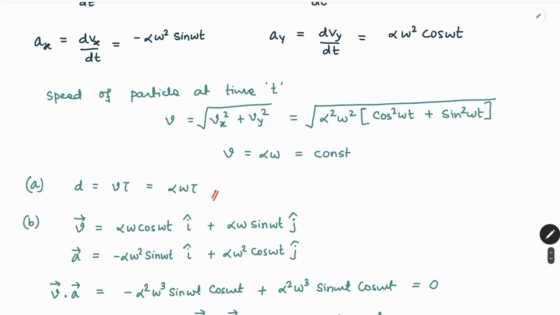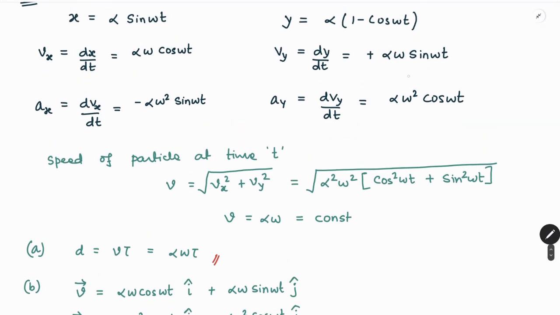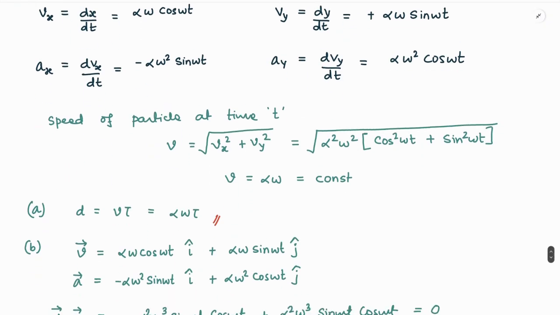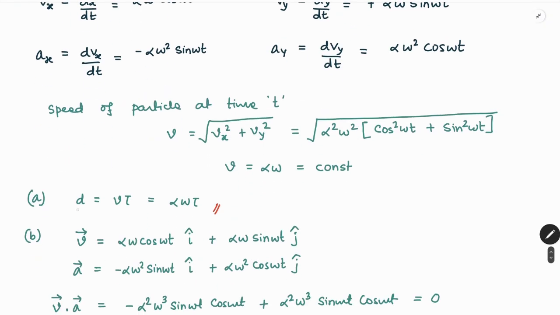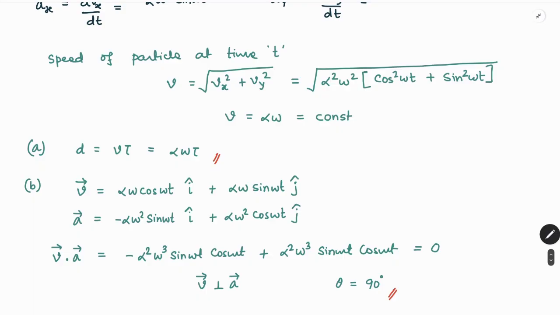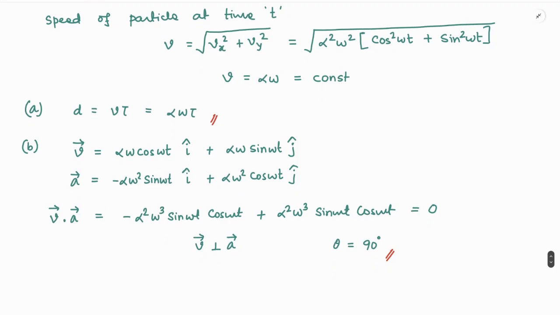So over here it must be kept in mind that speed is constant, velocity is definitely variable. By mistake I mentioned velocity being constant, but velocity is variable, since these are quite interchangeable terms. So speed is turning out to be constant, and hence to cover a distance d in time tau we get v tau, that is the first part of the problem, followed by the vector form of velocity and acceleration. We observe that the dot product is turning out to be 0, hence v vector must be perpendicular to a vector. And this was problem number 1.26.